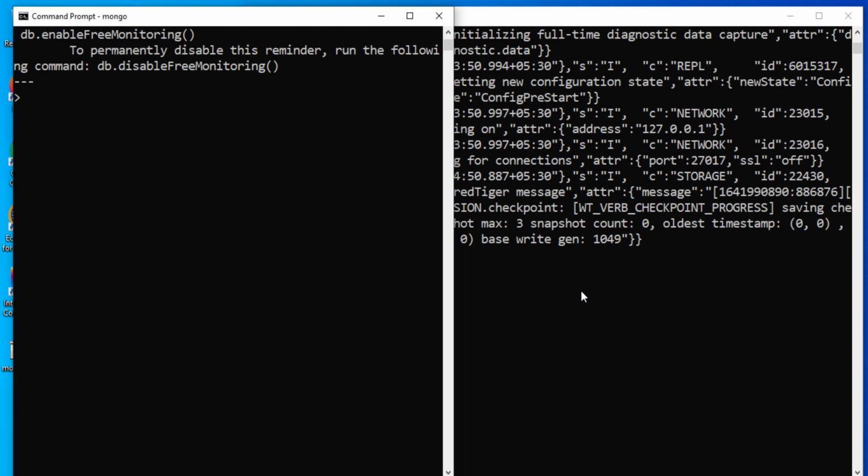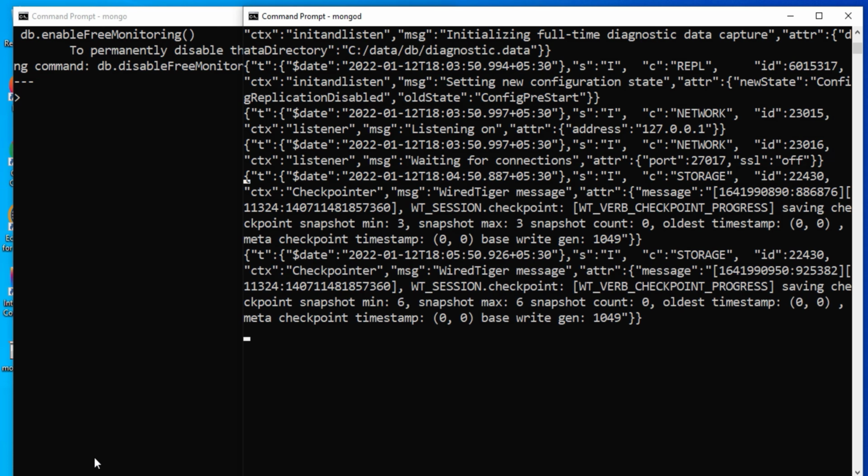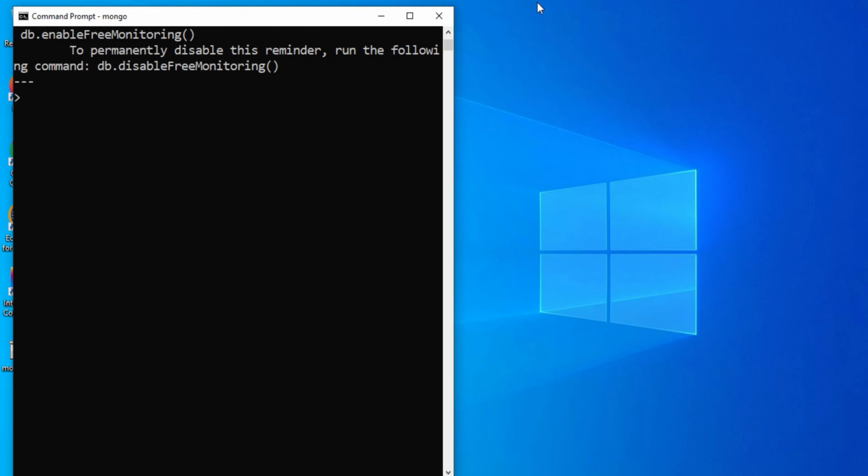I'm going to tell you one important point. So this Mongo service you don't have to start every time. So if you remember, we checked a checkbox during installation which said run MongoD as a service. So I have checkmarked that option. So now what I will do, I will restart my machine to take effect. So I'll close all this and I will restart my machine.